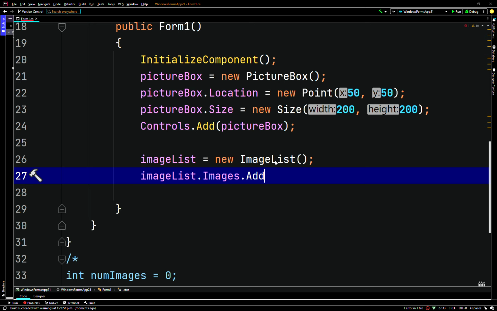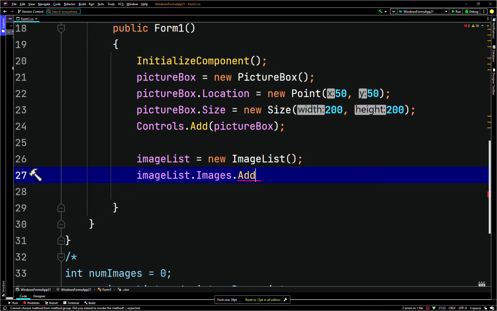And we're gonna have one displaying at the beginning. That makes sense. Dot add. Okay, so this part's a little tricky. So images dot image. So image list dot images dot add